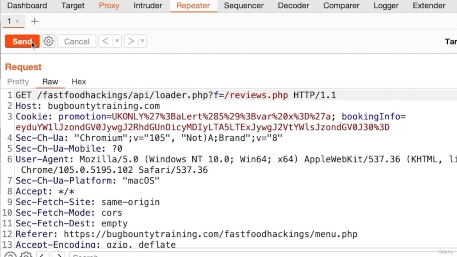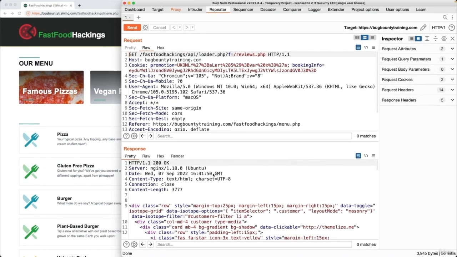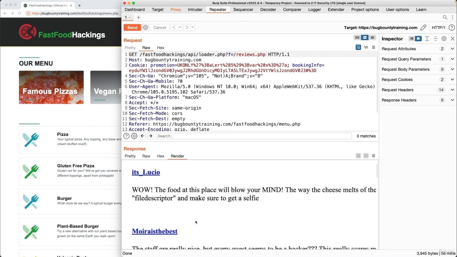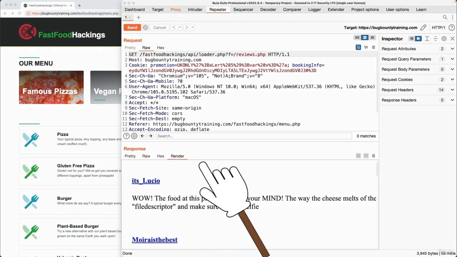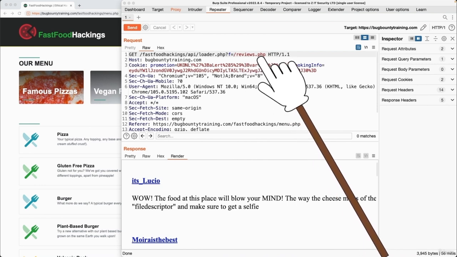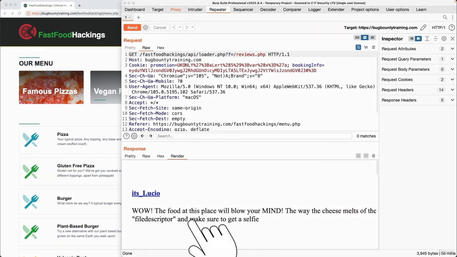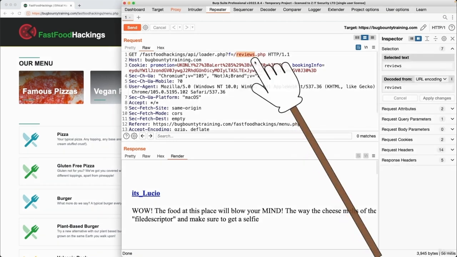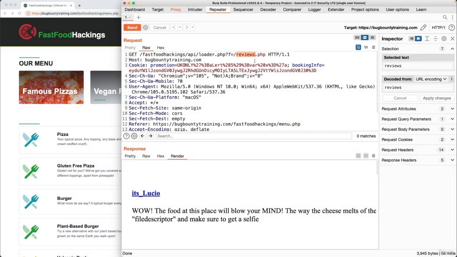And in here, I'm just going to send it as is just to see the normal result that I would get. And if I render this result, as you can see, we're actually going to get reviews because it's requesting reviews.php. And we have the review content and the name of the person that submitted the review. So this is really, really cool. But what I would do at this stage, once I see this is a very strong clue that I should test for directory traversal or local file inclusion vulnerabilities. And as we know, the way we do this is by doing